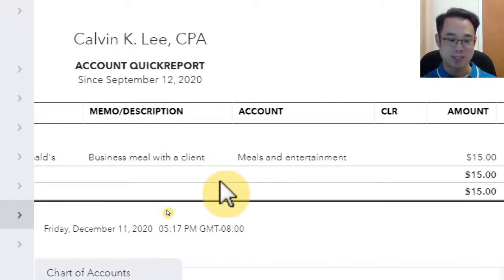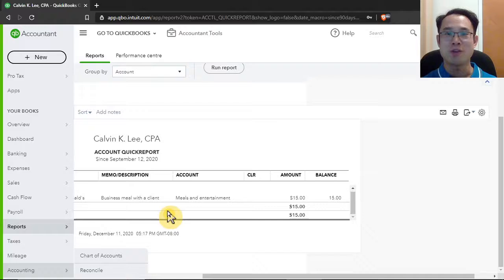Okay, so that is a quick overview of how to record an expense in QuickBooks Online, and